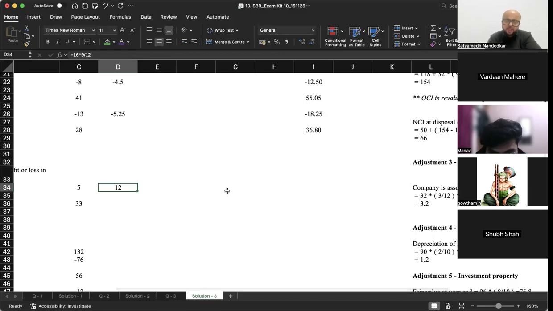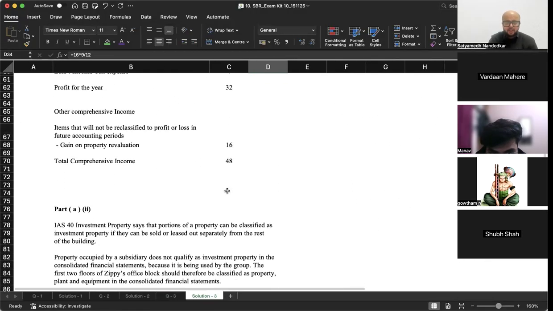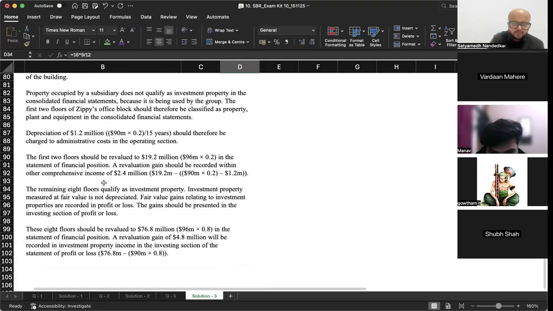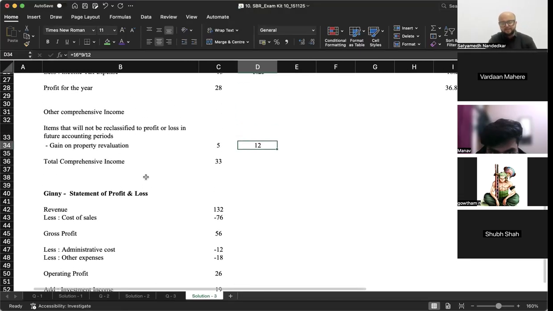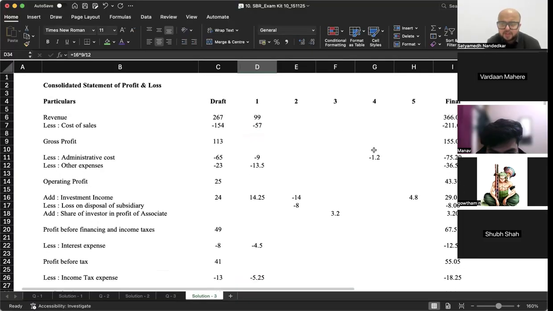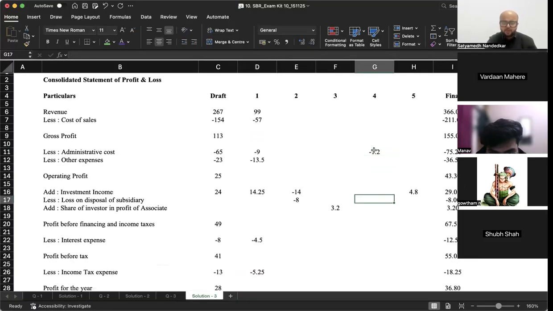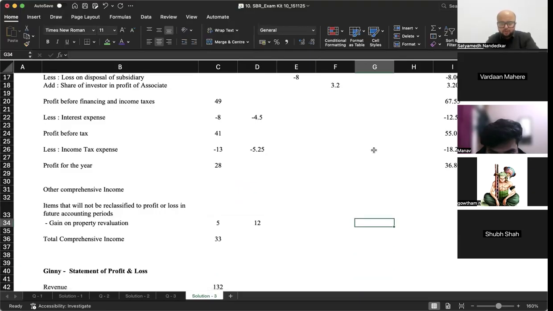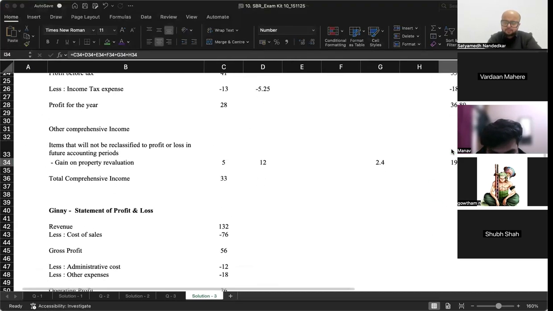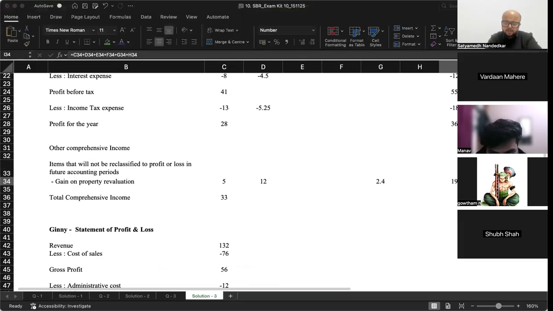यहाँ पे the fair value change that you had calculated for the PPE 2.4 मिलियन का, वो कहाँ जाएगा? एडजस्टमेंट कौन से में किया था हमने? एडजस्टमेंट 4 में किया था। सो वो डाल दो इधर 2.4 एंड, ठीक है,